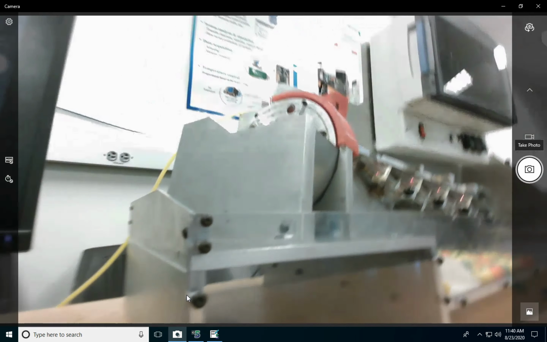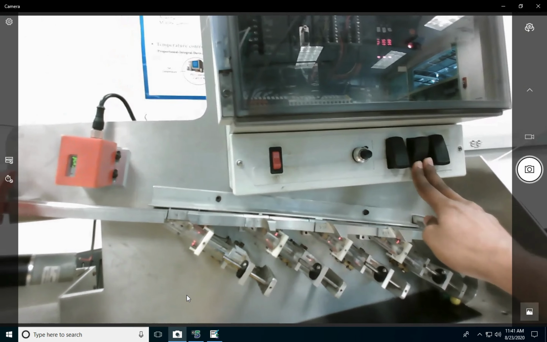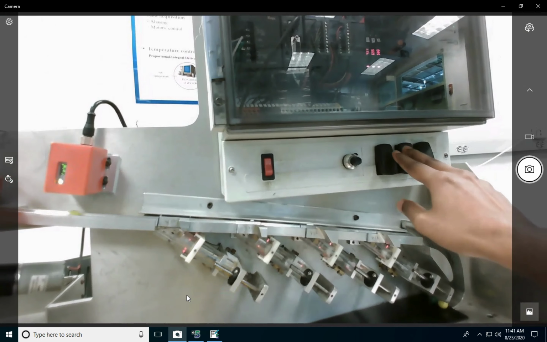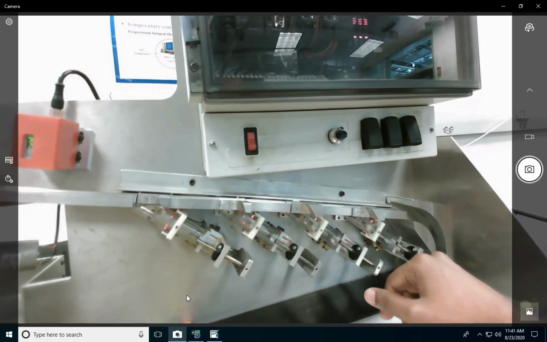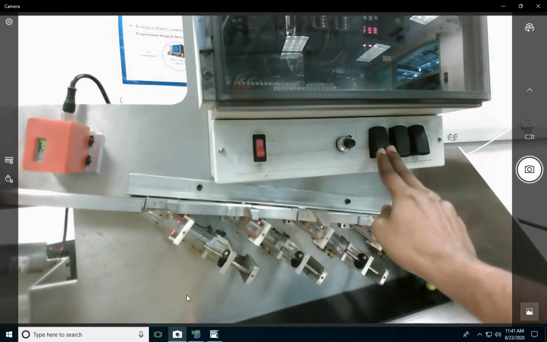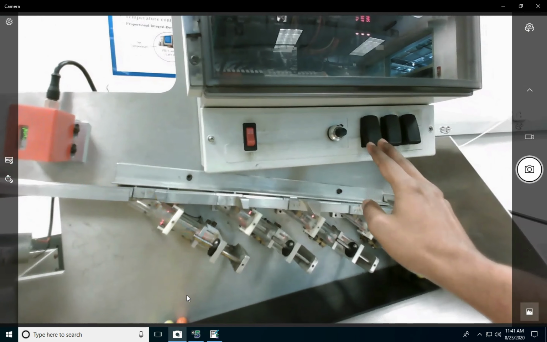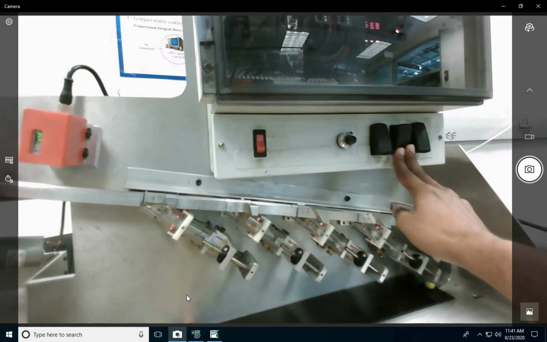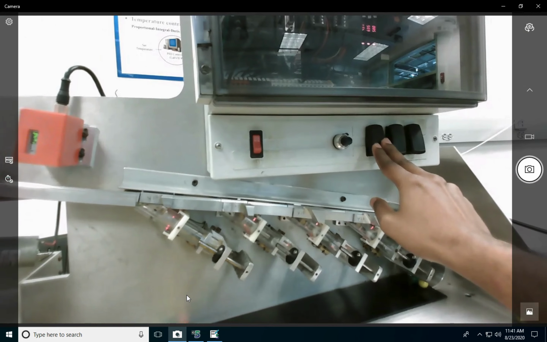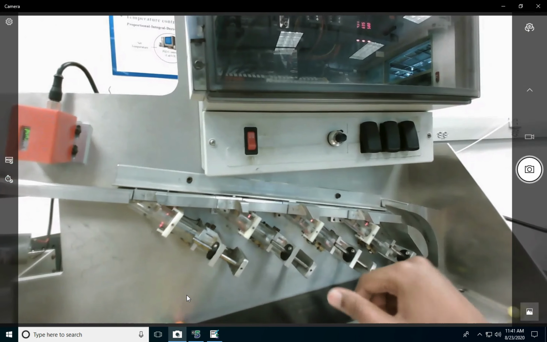Now I will turn on our camera. So now you can see what happens. If I press switch 2, the motor is turned on, and if I release that, it's turned off because this is a spring switch. And if I press switch 3, it's turned on. So the OR logic is working here. If I press switch 2, it will turn on, or if I press switch 3, it will turn on. So this is the OR logic.